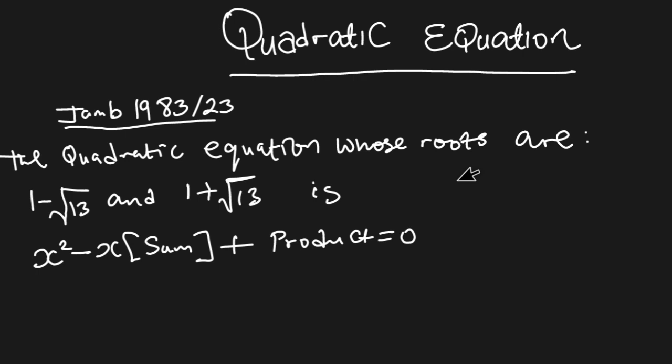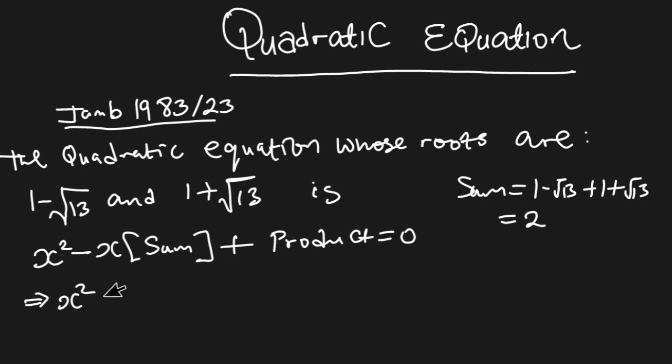The sum of the roots here is 1 minus root 13 plus 1 plus root 13, and that will give you 1 plus 1 is 2, and minus root 13 plus root 13 is 0 because they are the same value. So the sum of the roots here is 2. So that means that this equation becomes x squared minus x bracket 2